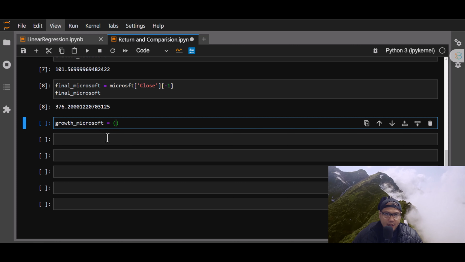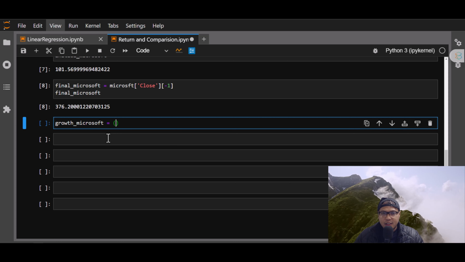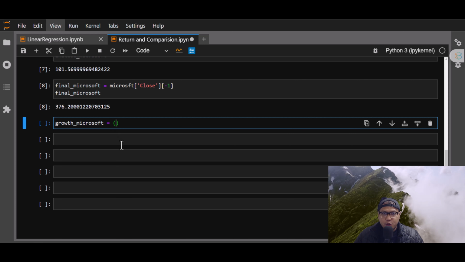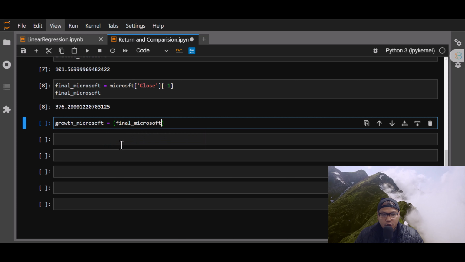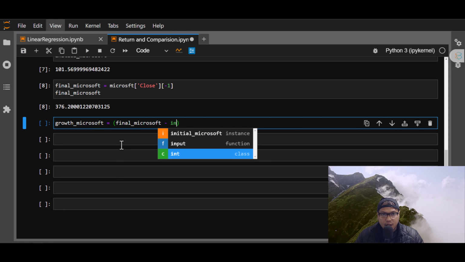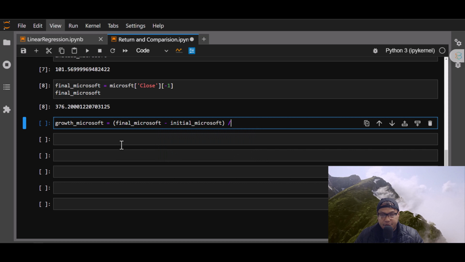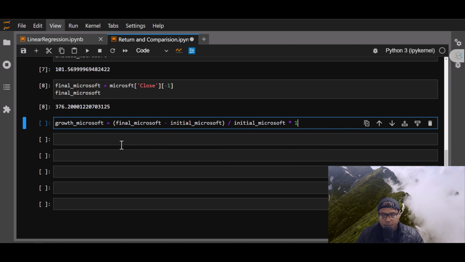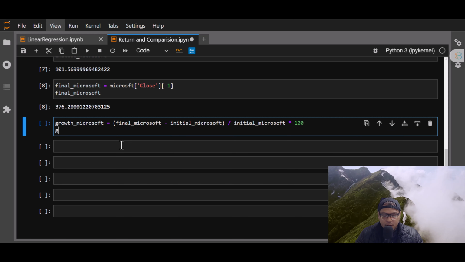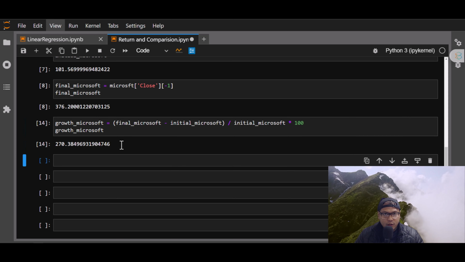Open and close parentheses aren't needed over here, but we're gonna use them just to follow the BODMAS rule, right? So I'm gonna say final Microsoft minus initial Microsoft, right? I'm gonna divide with the initial Microsoft into 100, right? So let's see how much will be the growth. So that gives us like a 270,